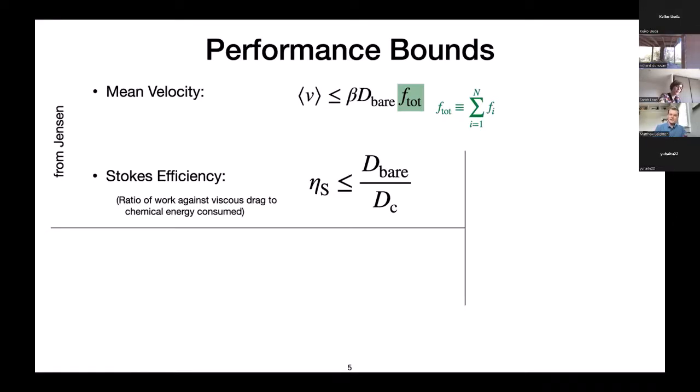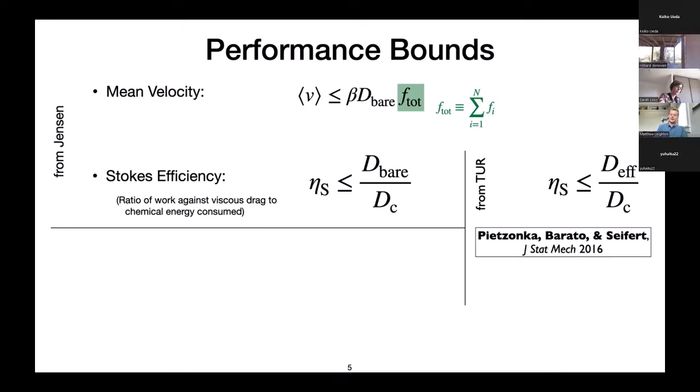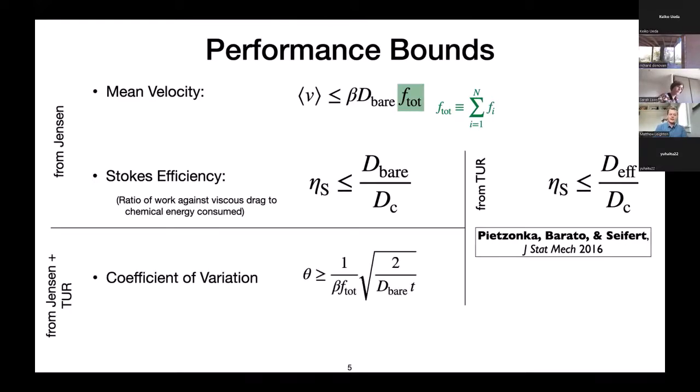And this might look familiar because it's very similar to an analogous bound derived from the TUR in 2016, again, replacing the bare collective diffusivity with the effective diffusivity. And I'll remind you again that either of these can be tighter or looser depending on the setting of the system. Finally, by combining the Ensign bound and the TUR, we can also derive a lower bound on the coefficient